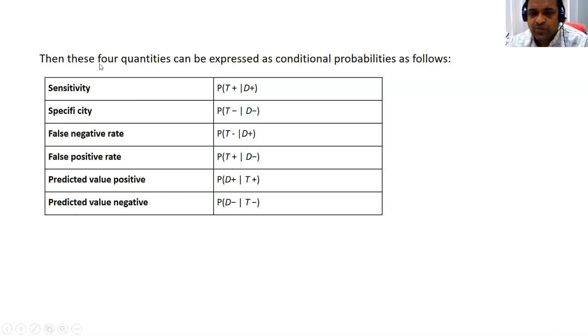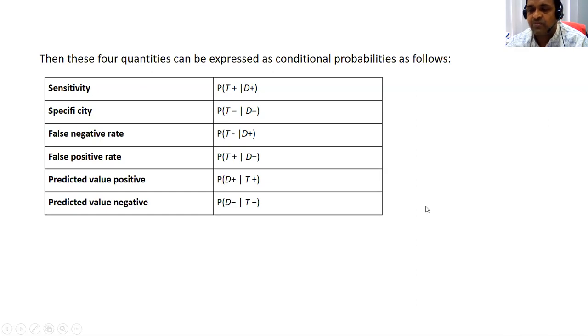This is the most important one: sensitivity, specificity, false negative rate, false positive rate, predictive value positive, predictive value negative. And we learned that the mistakes or errors in the lab test are the false negative rate and false positive rate. Now we will also learn accuracy and precision. Precision is nothing but the predictive value positive: somebody actually has the disease, given that the test result is also positive. Let us do an example of a confusion matrix.